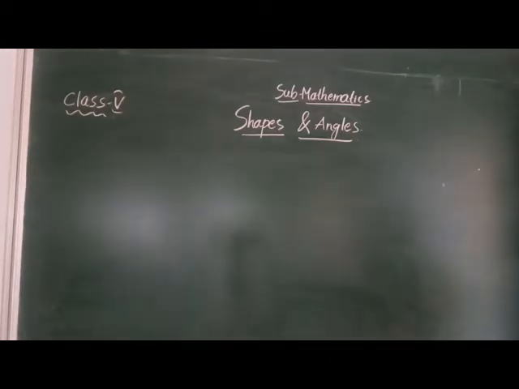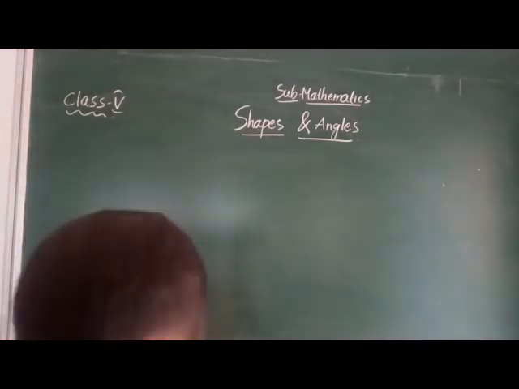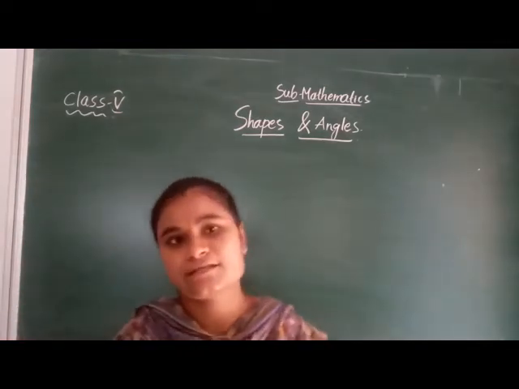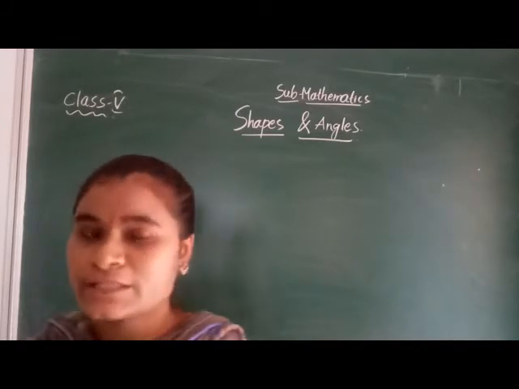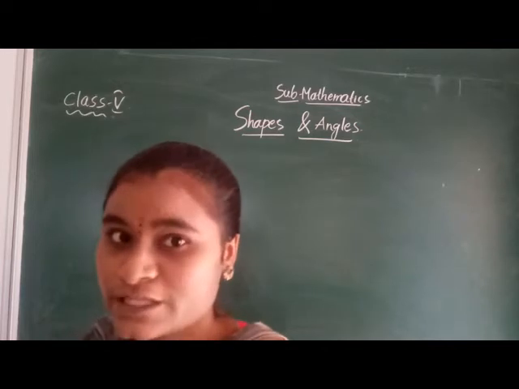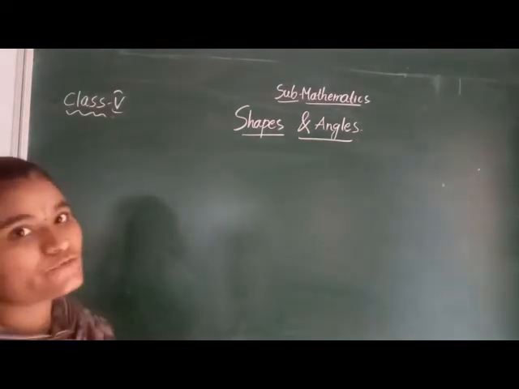So in your house you have clocks, right? See, that clocks show different angles. Okay, once you observe, you will think which one is a right angle, which one is an obtuse angle, and which one is an acute angle. See, in the English alphabets also we will find them.